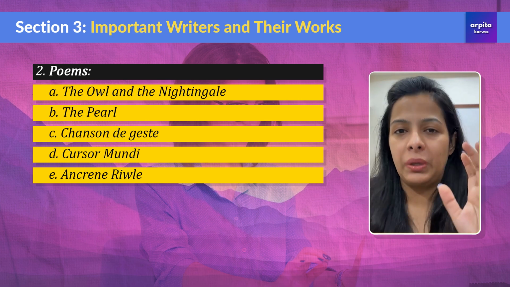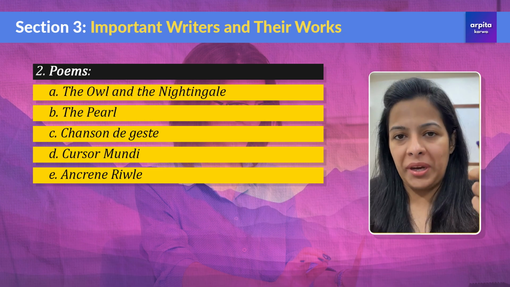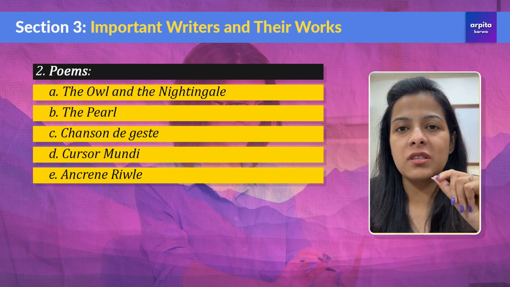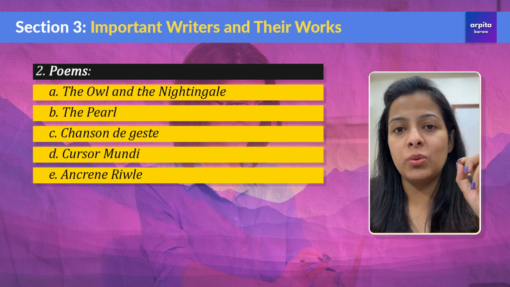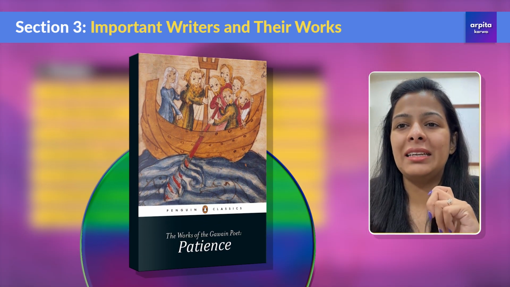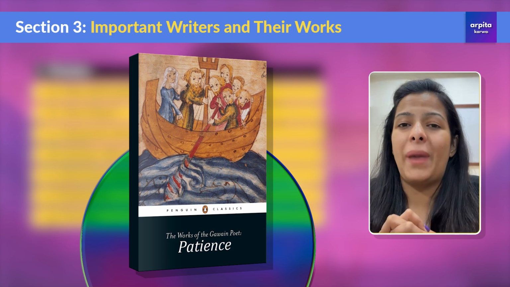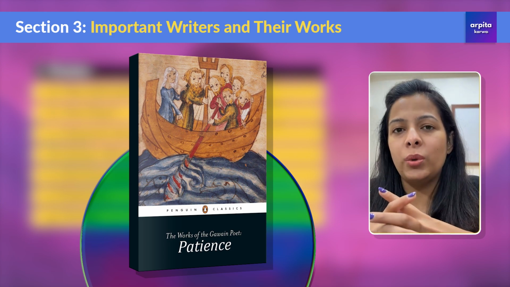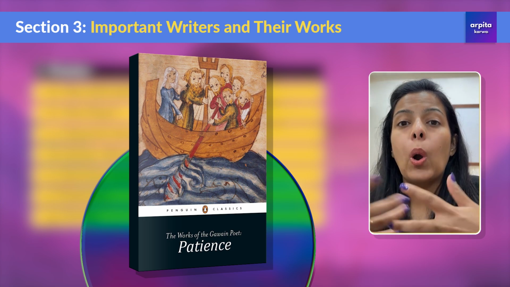We have another important poem which is written by the Pearl poet, the poem that we just spoke about that talks about loss and spiritual comfort. The same poet wrote two more poems, which are Patience and Purity. Now, Patience is a poem that teaches the virtue of patience through the story of Jonah from the Bible. So, in the Bible there is a very nice story which talks about the importance of patience and how God is